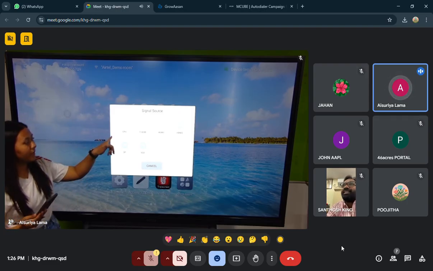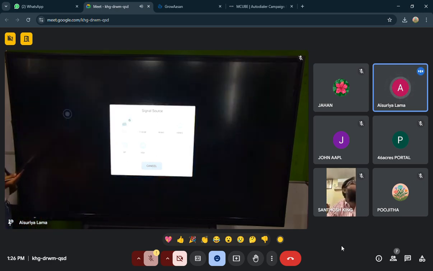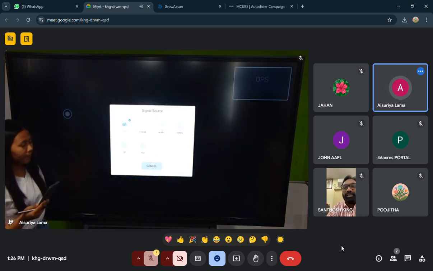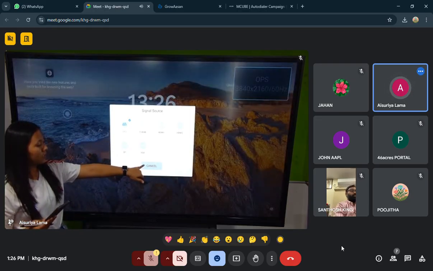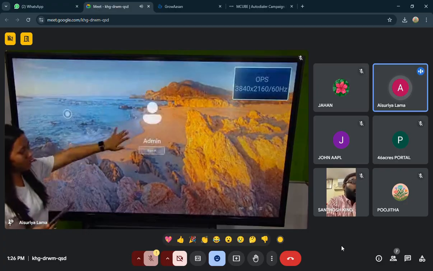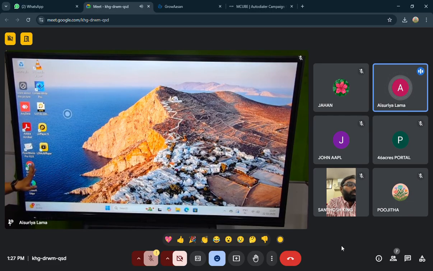And then here you'll be able to see blue options. So I have OPS here. I'll just click it and switch it on. Now I'm in my OPS section. This is Windows. Let's sign in. Now you can see this is my proper Windows option. Whatever I do on my computer or laptop, all the features are available here. You'll be able to use the entire thing.